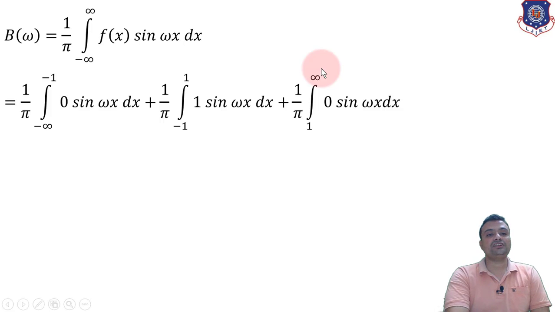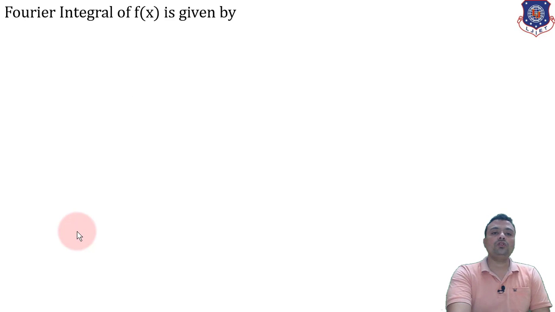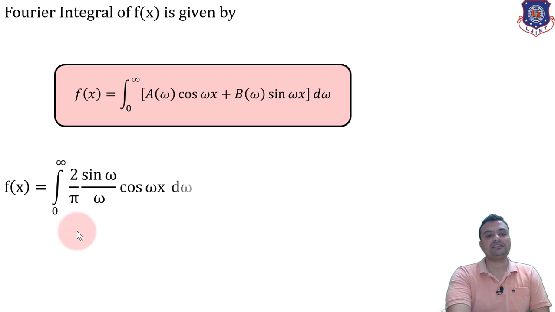Dividing this integration range into three parts, along with values of f(x) as 0, 1 and 0, will result in the next step into 1 over pi integral from minus 1 to 1 of sin omega x dx. Now, as sin omega x is an odd function and the range of integration is symmetric, it will give you the answer 0. Now, taking both of these values a(omega) and b(omega) into the general Fourier integral will